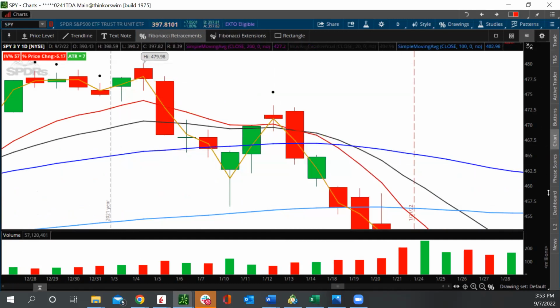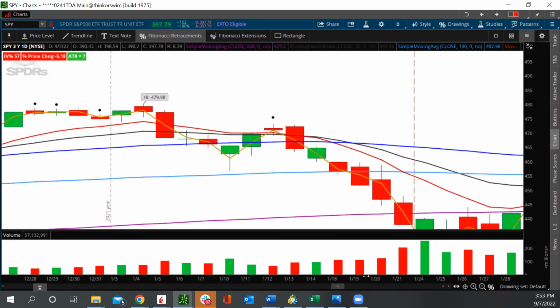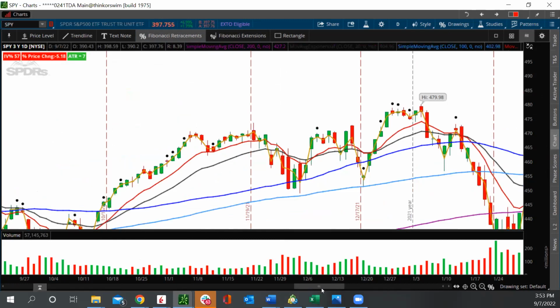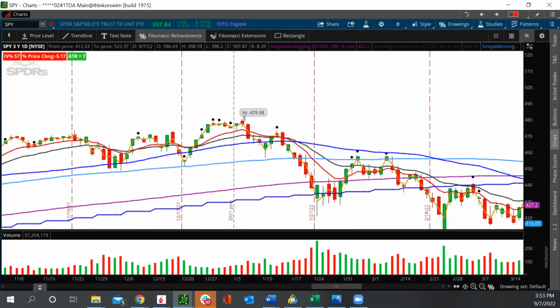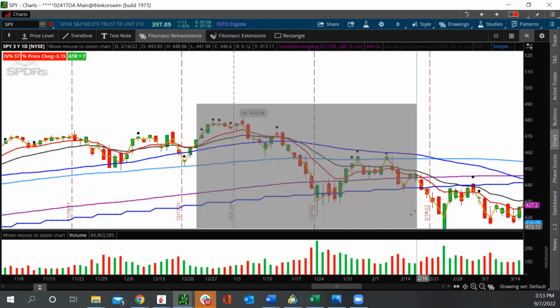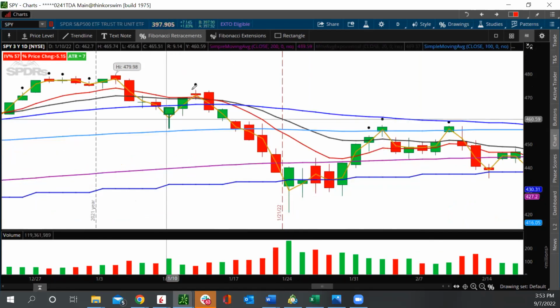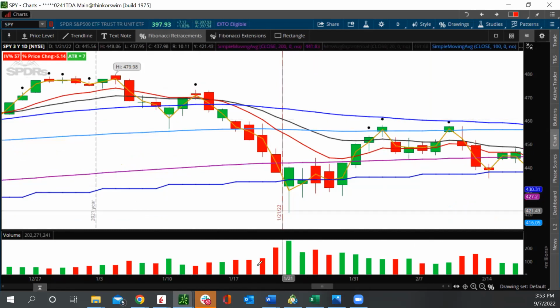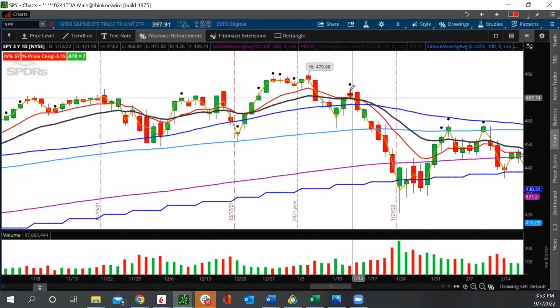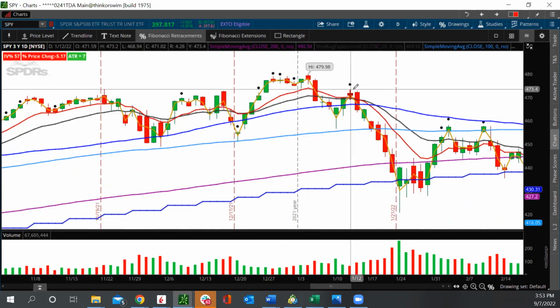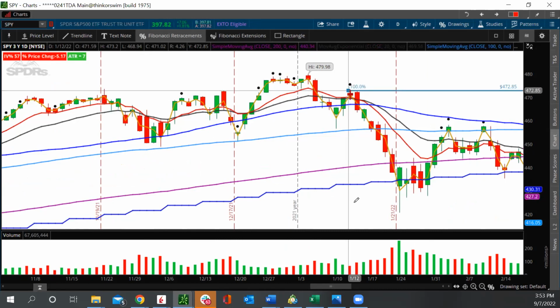Let's take a look at another example. Okay. Let's say you missed this move, right? You missed this one, and then this move happened. You're like, I didn't get into it. Let me see where I can get in. So again, this is just random. I didn't even look at this beforehand. But if we go from the high to the low,